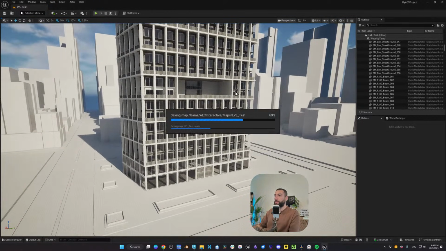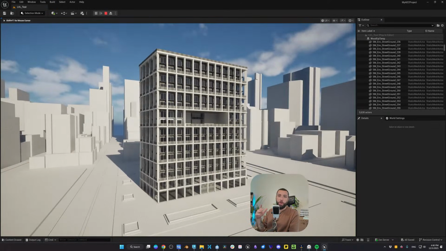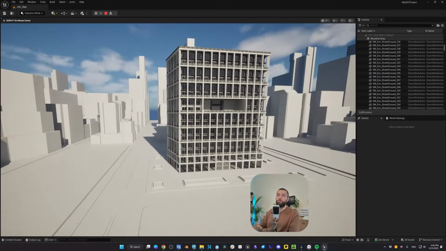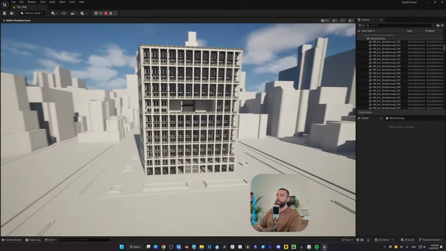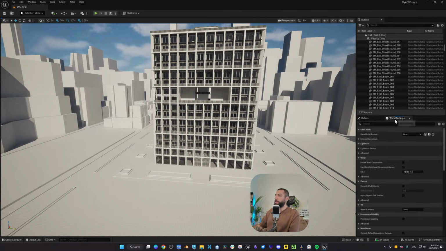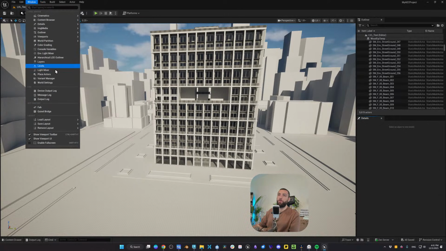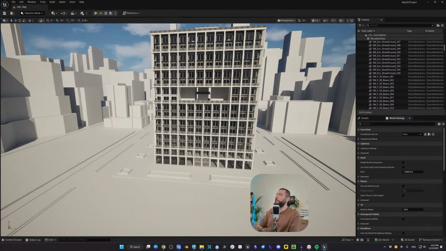Now, let's save. And as you know, with your Unreal project without any setup, if you click on play, nothing is going to happen. Okay? There is no taskbar, there is no nothing. So the first thing you should do is a couple of things. The number one thing is the world settings you want to change. If you don't have world settings here, you want to go to window and click on world settings. And in Unreal Engine 5.4, you can access that from here, but it's okay.